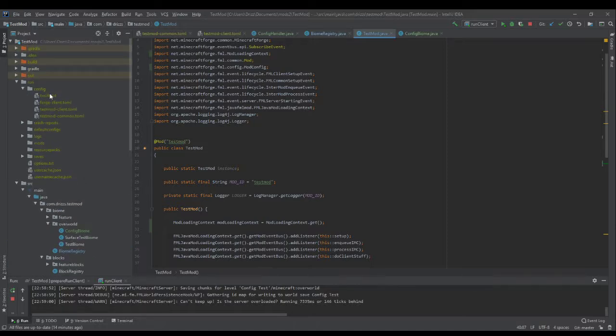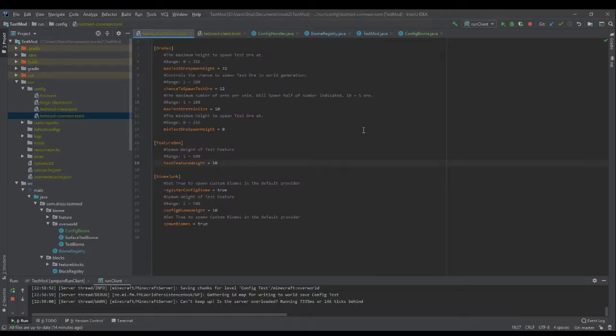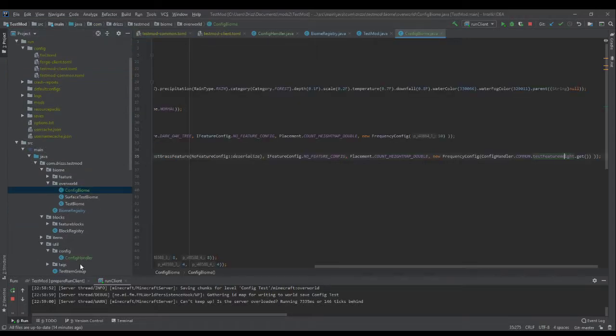And if you're looking to find them during your testing, it will be in a config in your run folder, and everything will populate. It really is that simple. My bad for forgetting about that, but